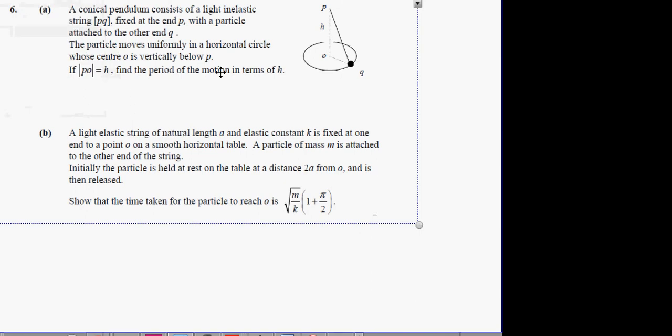Question 6a. A conical pendulum consists of a light elastic string PQ with a particle attached at the end P to the other end Q. The particle moves uniformly in a horizontal circle whose centre O is vertically below P. Find the period in terms of h. Okay, so what we're going to do here,